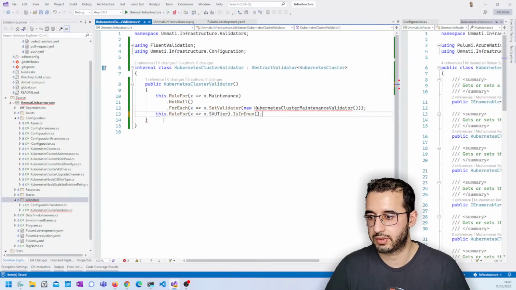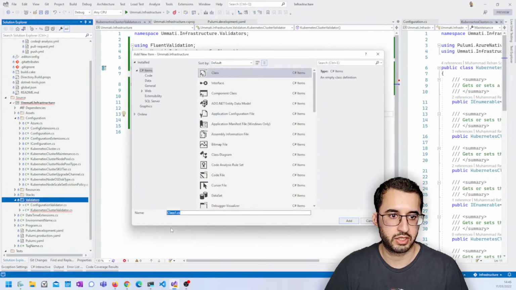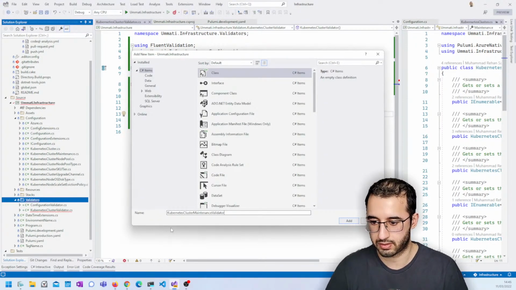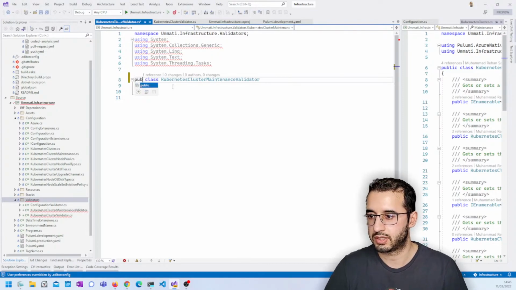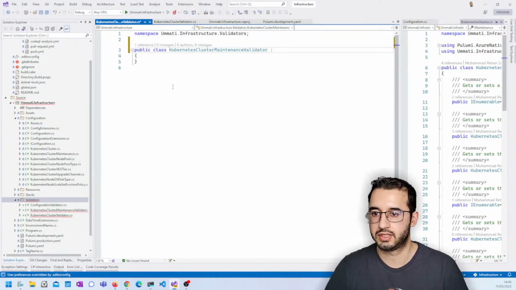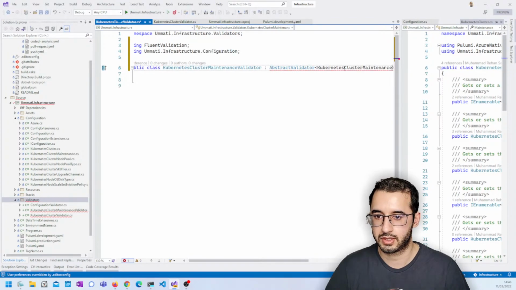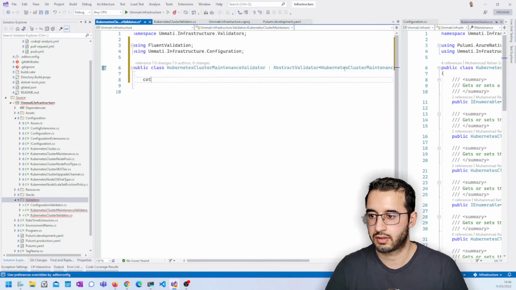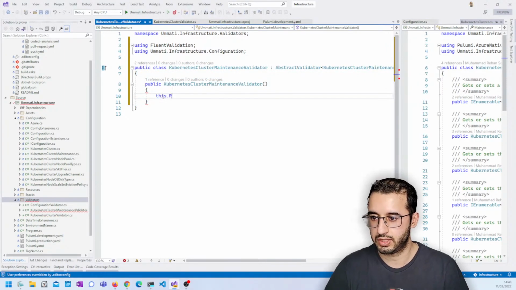We've got other properties in here, but maybe I'll do them off screen, because those are just a bit repetitive. But this has some interesting things in it that we can validate. So I'm going to take a look at this one. So this is another abstract validator, and this is of type this guy, and ctor tab to get the constructor, and then we can do this dot rule for,